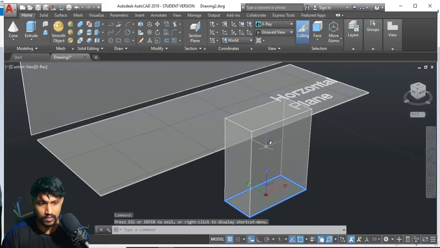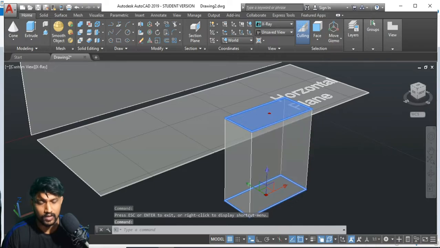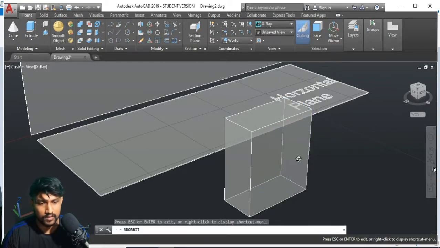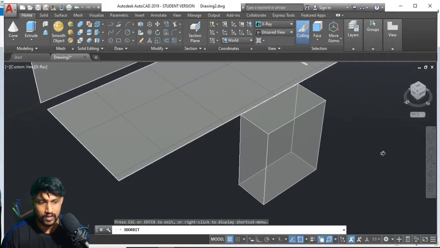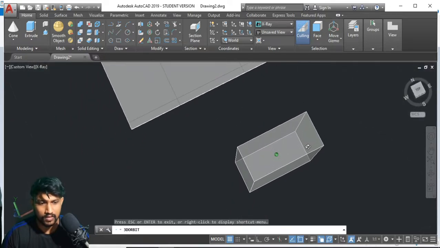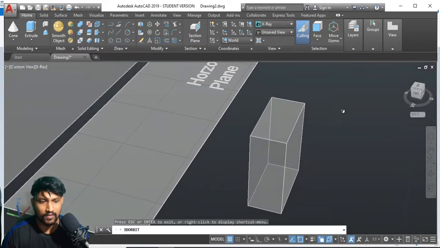This one is the base and this one is the top. And he told us about the larger lateral faces.